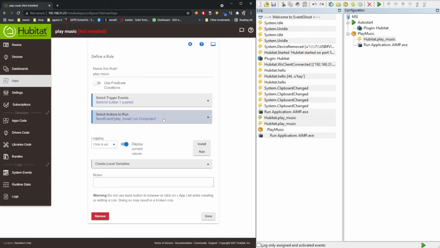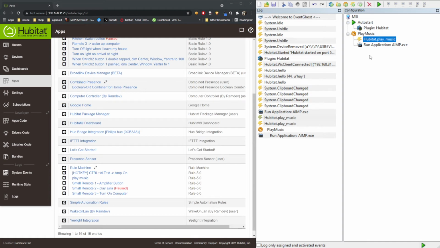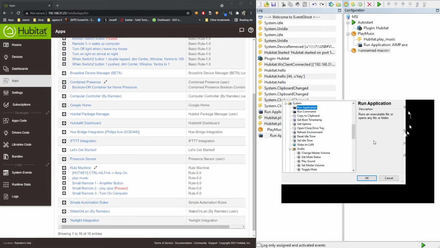Now we're gonna see how we're gonna send, we're gonna receive something from the EventGhost to Hubitat. So what we're gonna do is we're gonna add a macro that whenever I set a hotkey, something will happen. For instance, I will toggle one of my lights. So add another macro, and